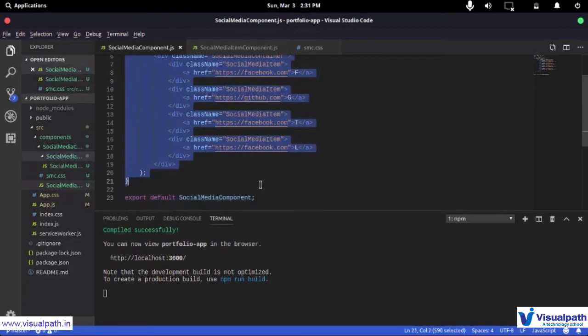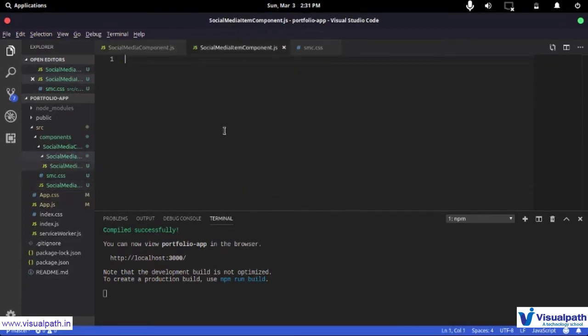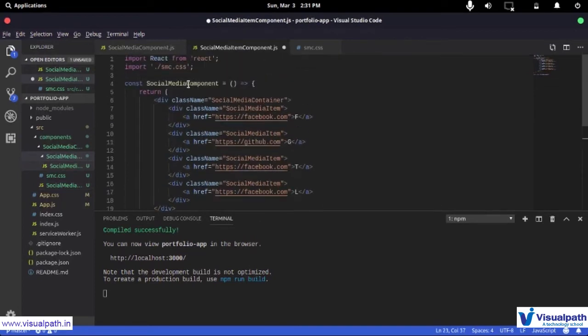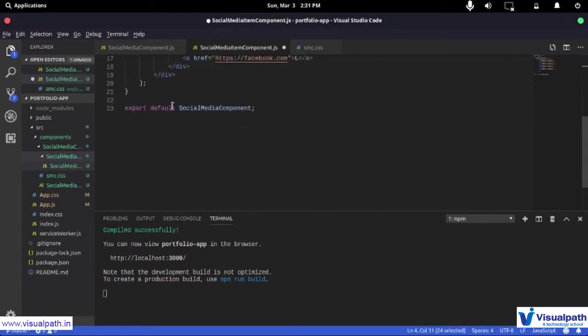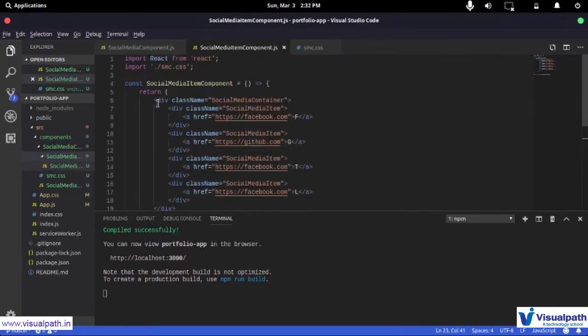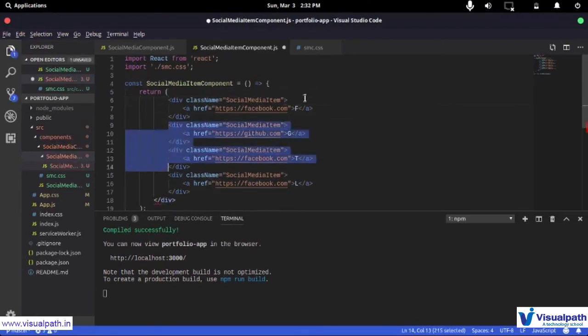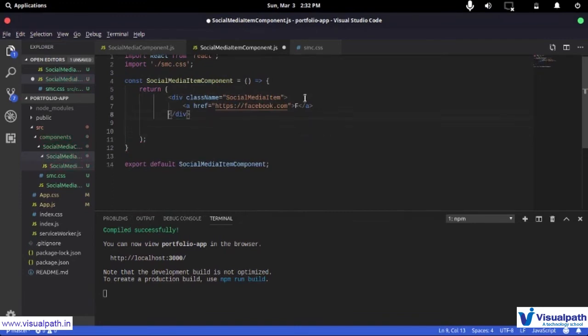Okay, and now you just take this logic. I'm going to copy this and remove the bits that I don't need, so Ctrl+A, copy everything, and paste it. I want to have this, and the name is item component. I'm going to export this in this case. Now I want to return just one of those, so remove this and everything under it, and it's just one item, so it's good.